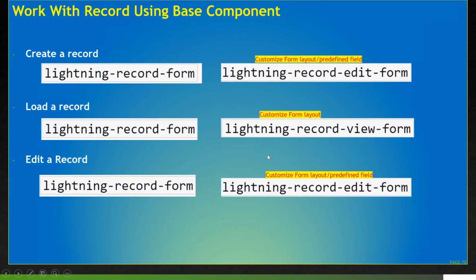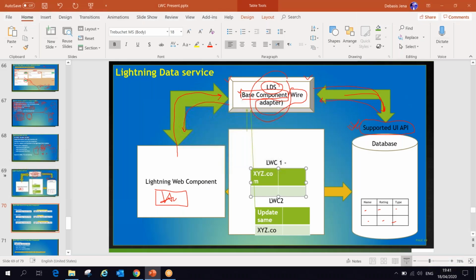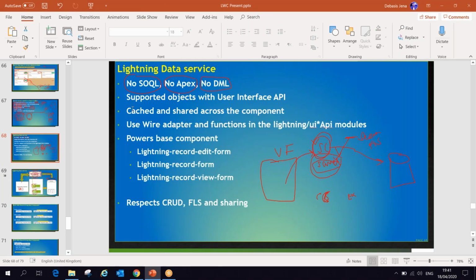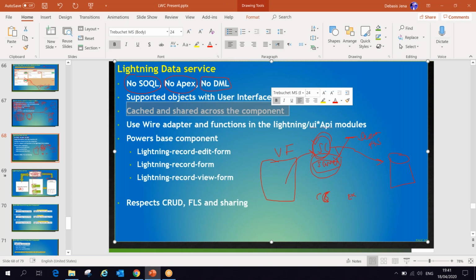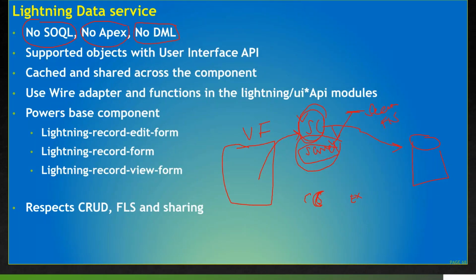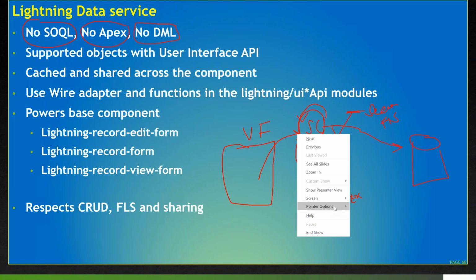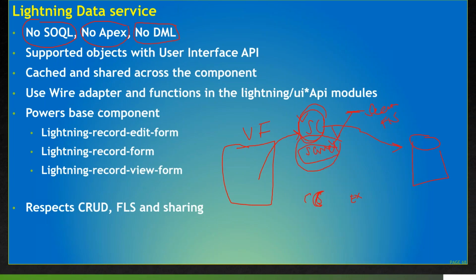The data we have, we are going to store and share among the components which I am displaying in my Lightning page. So this is going to share all the data. The data is stored somewhere on the browser side, and based on that browser data I am going to display it here. The data will be cached and shared across the components.